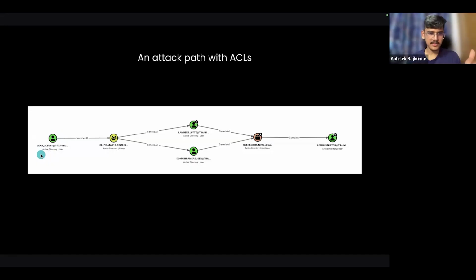Say for this Leah Albert user, what I would do is once I have this information, I would go to LinkedIn and find out if this person has an email address and phish that user, get the password, and see if I can land a foothold. This is obviously a very complex chain, but this is all that matters. So it is about the identity that is going out.